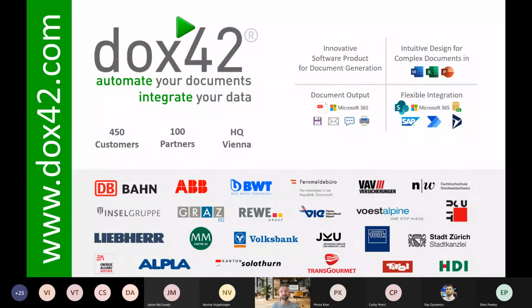We work through partners. If you work with a service company that is looking at something like this with your customers, let us know. We should get in touch. If you, of course, have a scenario like this in your organization, also let us know. We can put you in touch with the right partner.